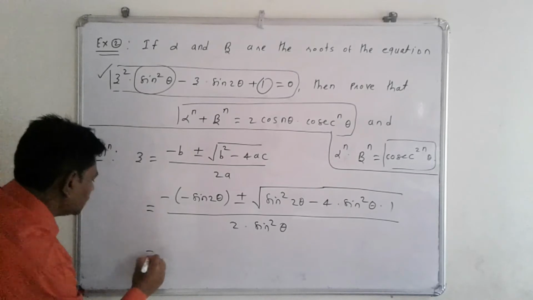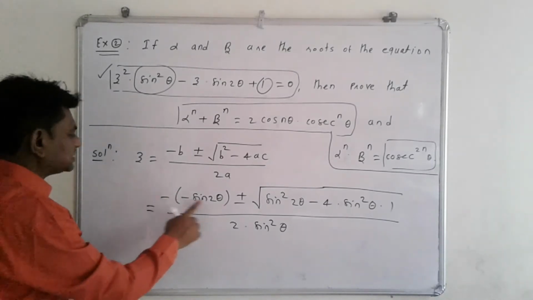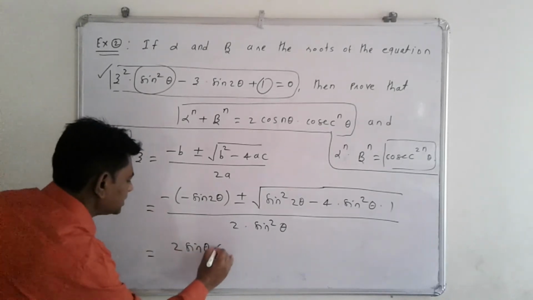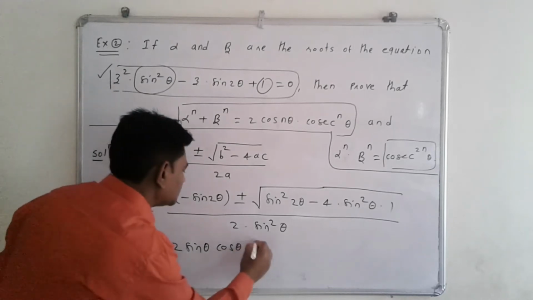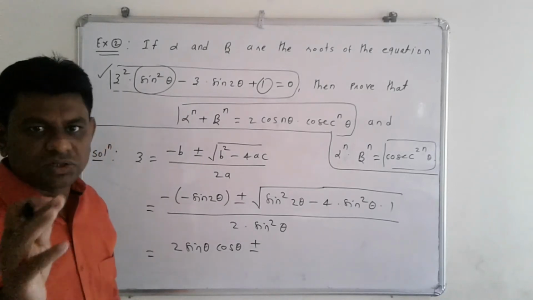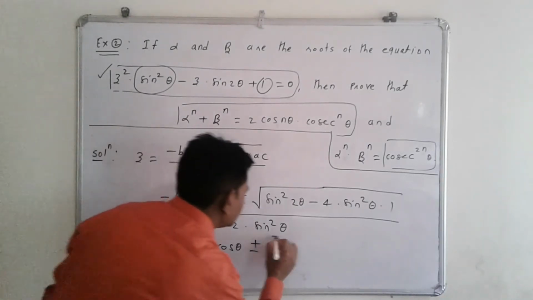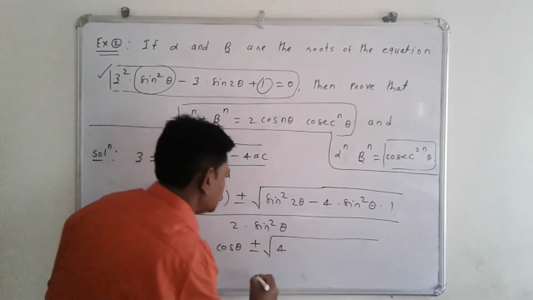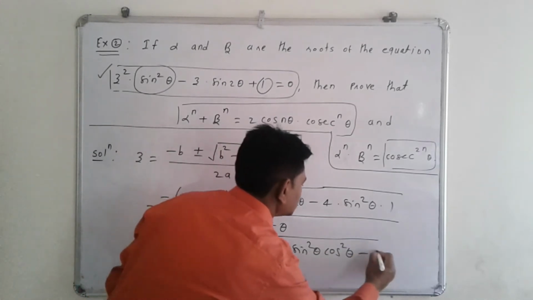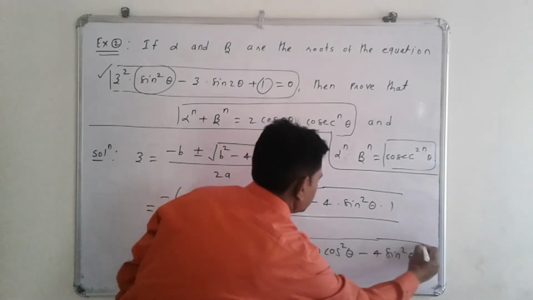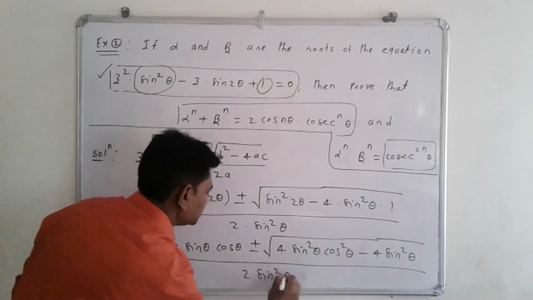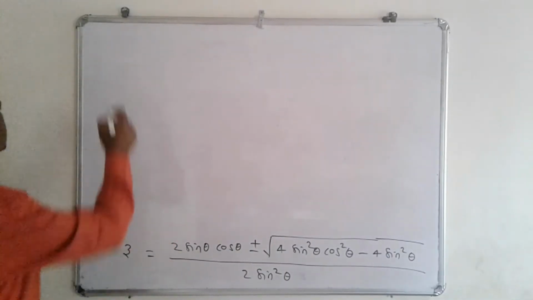Okay, and this is equal to minus plus, the plus sin 2 times theta. Now sin 2 theta, answer is 2 sin theta cos theta, plus minus, now again sin 2 theta is 2 sin theta cos theta and its square, the answer is 4 sin square theta cos square theta minus 4 sin square theta, divided by 2 times sin square theta. Therefore, this z is equal to